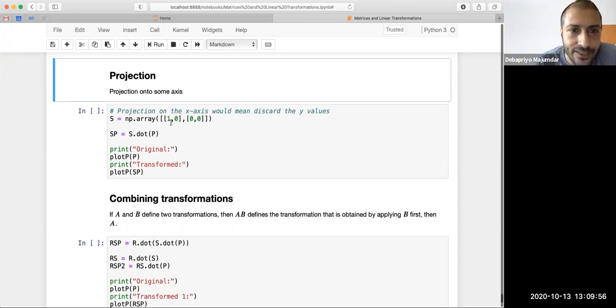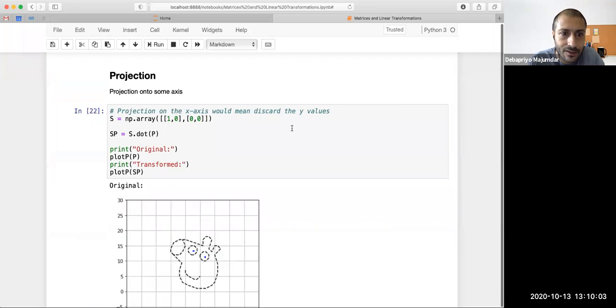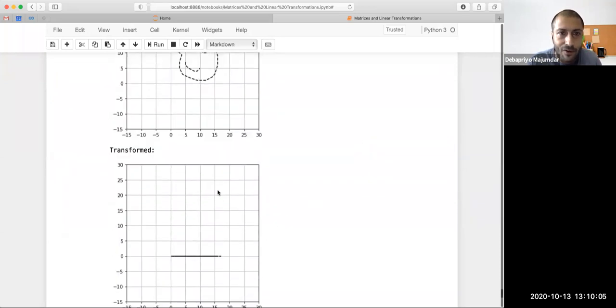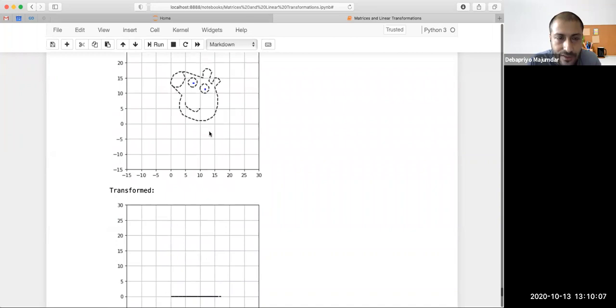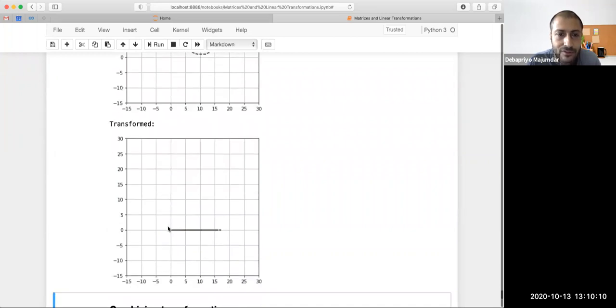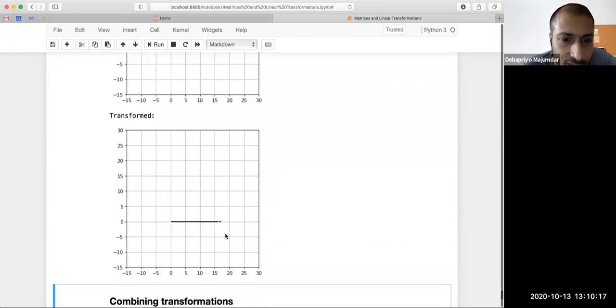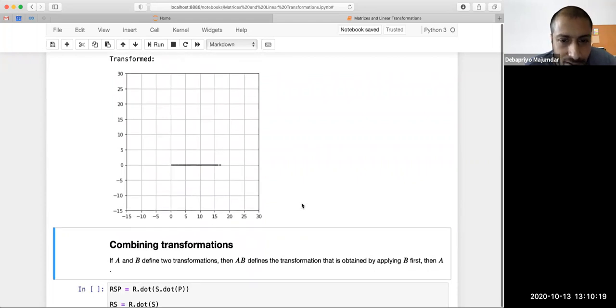Right? So projection essentially is, you had two basis vectors, but you drop one of them. That means all my Peppa Pig is now kind of smashed to the ground, right? So it basically all becomes on the x-axis. Obviously in this case, projection would not give you a nice picture, but from 3D to 2D, it will become like Tom and Jerry getting smashed onto the ground and becoming pictures, and then they get up again, that kind of an effect, right?